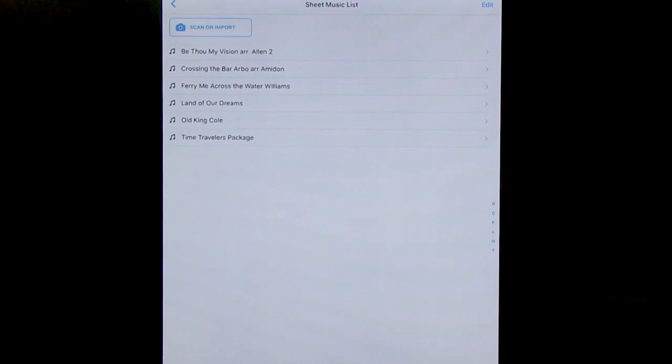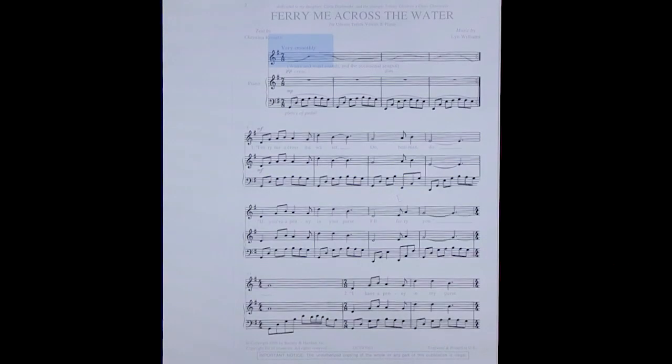So if we were to go to Ferry Me Across the Water, it's going to open it. And what this app does, just taking the optic scan that you have in there, is play all of the parts in it. I was a vocal music teacher, so all my scores are vocal music. It'll go through and play the voice parts, and the piano part. You can turn parts on and off. You can make it go faster and slower. You can even modulate the key.